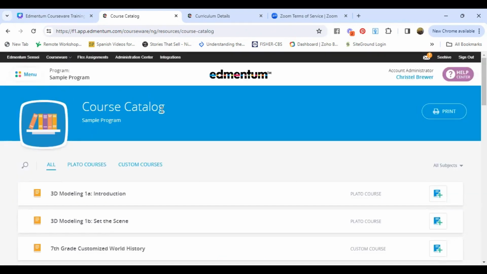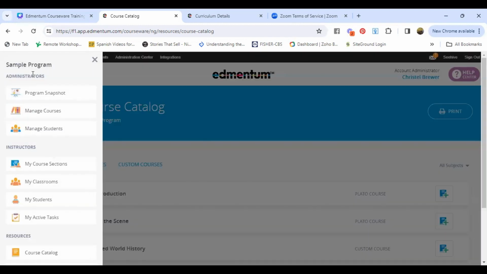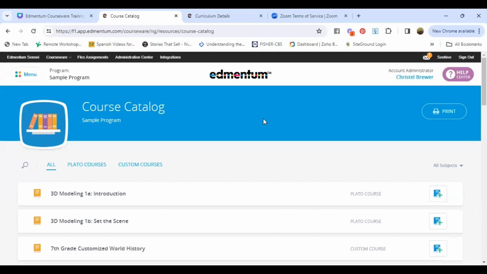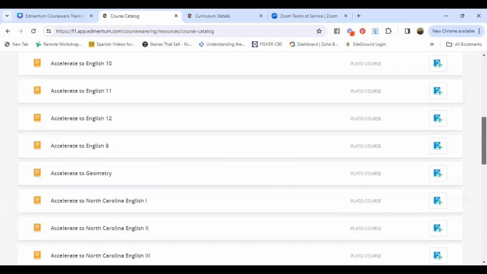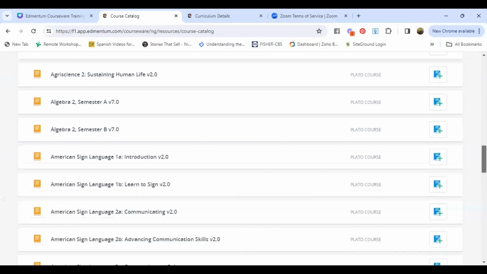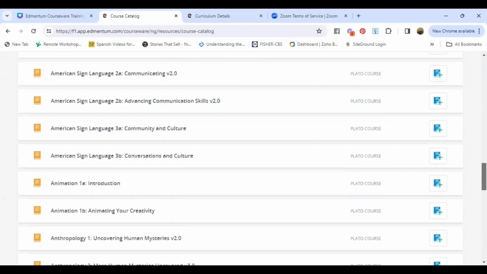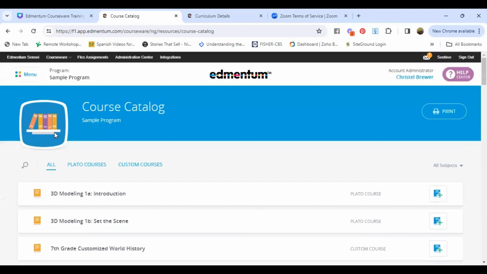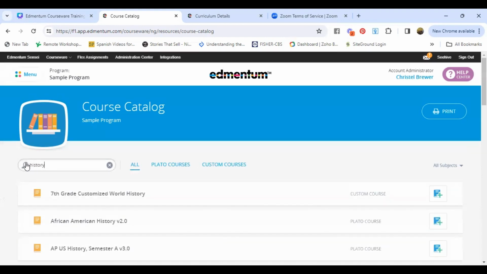If for some reason you cannot find a section for a class you're looking for, you're going to click on Menu and then Course Catalog. That will bring you to all of the courses that are offered in this curriculum. I would suggest that you search the course. So if we're looking for a history class,